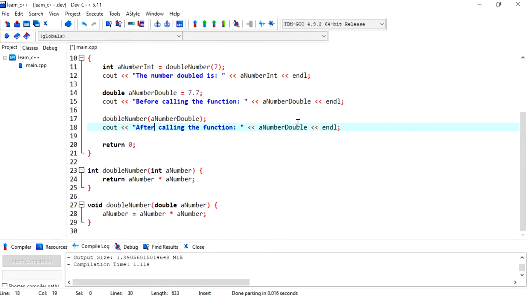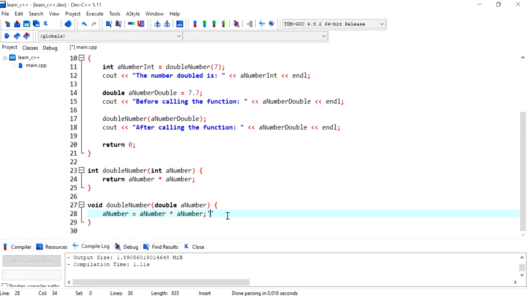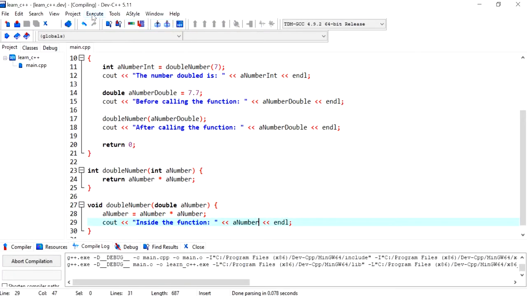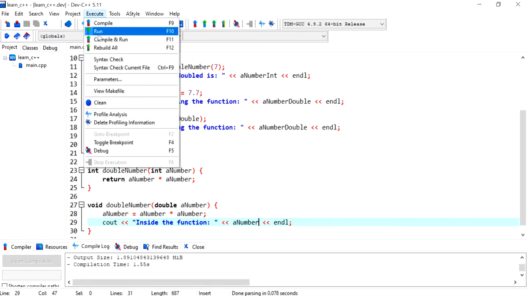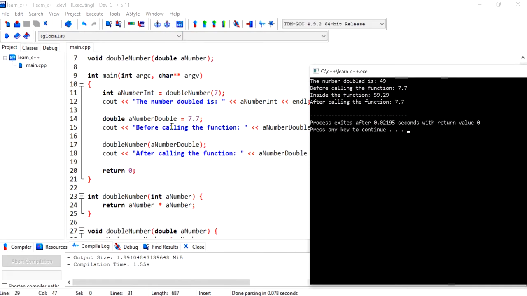After calling the function, let's look at it. And maybe I'll have one inside as well and say, inside the function, and print out this. So let's just compile and see what this looks like. So far, no problems, which is good. Okay, so let's look. Right now over here,